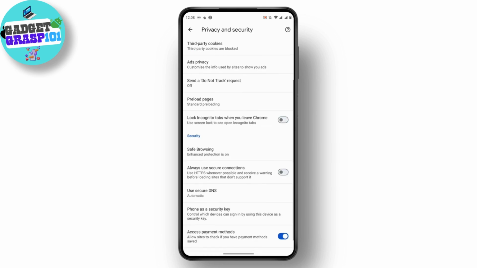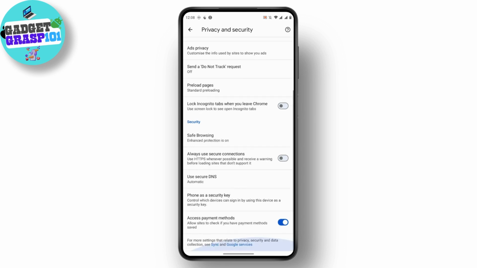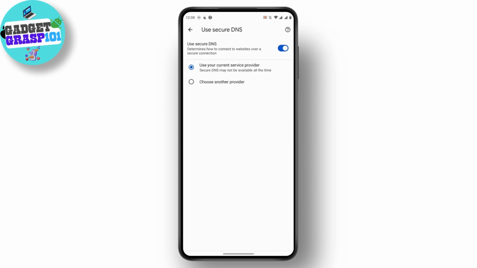So after changing it to enhanced protection, now you have to search for the second option. So just simply come back and then search for use secure DNS. So after tapping on use secure DNS, now all you have to do is just simply tap on choose another